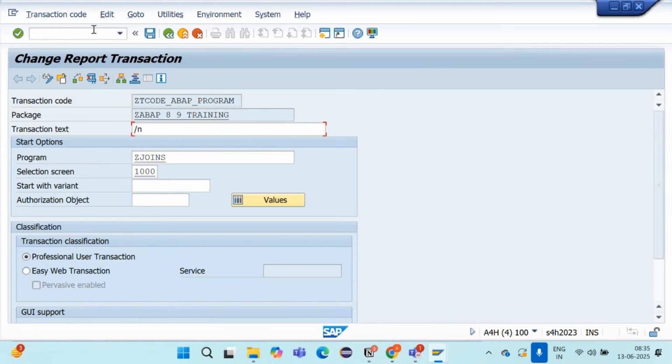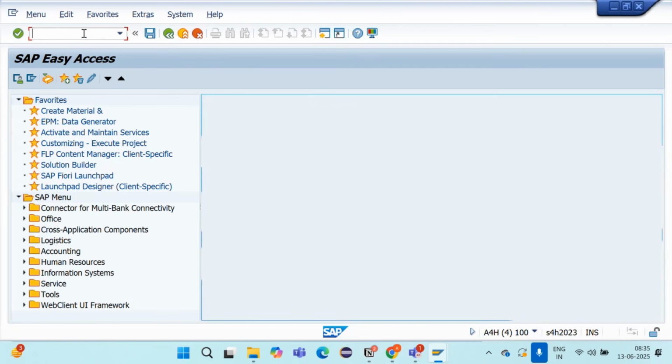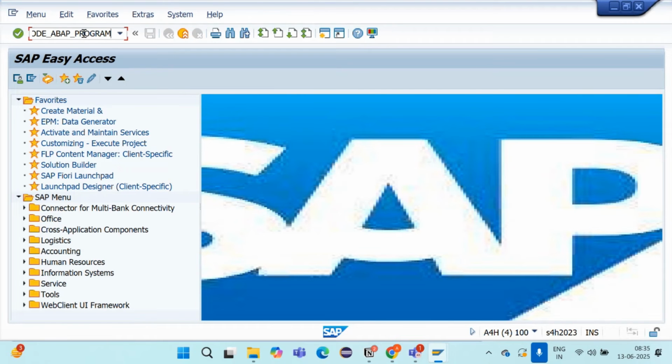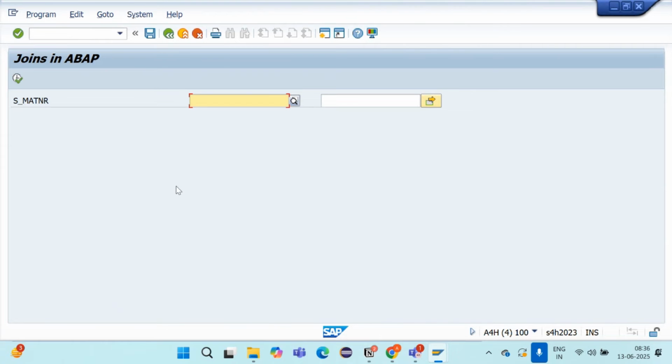See the magic. Not here, over here. Paste it. See. As the input, the correct one, and get the output.